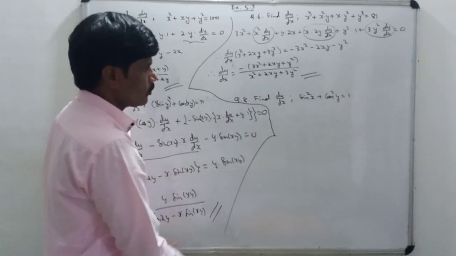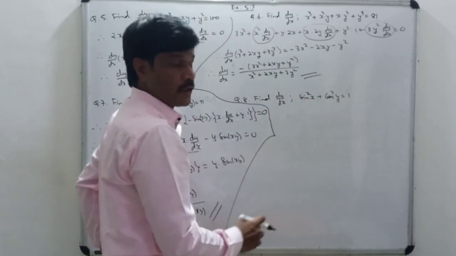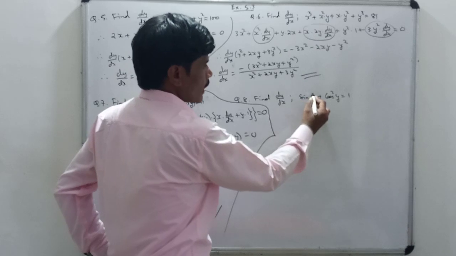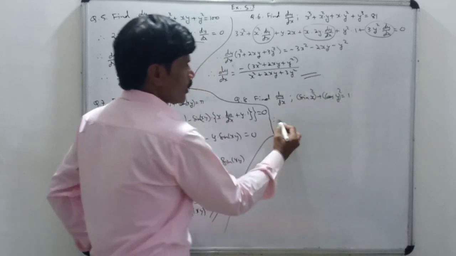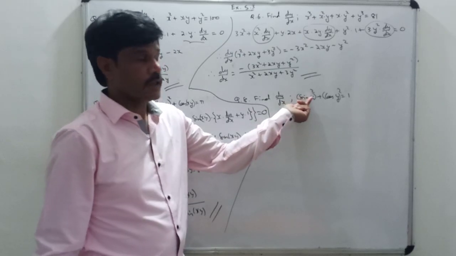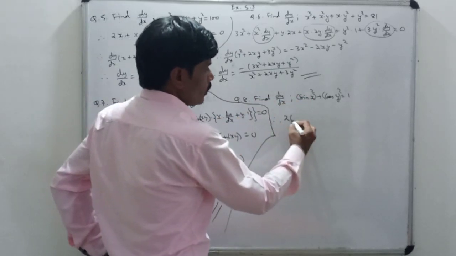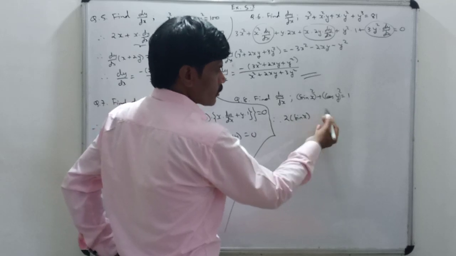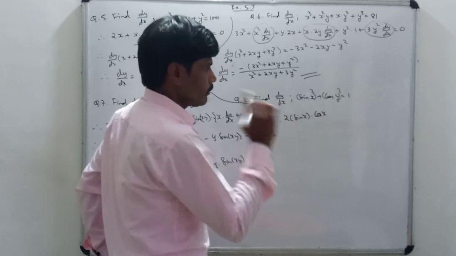Now coming to next question number 8, sin square x plus cos square y is equal to 1. Okay, sin square x I can write what? Sin x the whole square. Cos square y, I can write what? Cos y the whole square. Okay, so this is in the form of fx raised to n. What is the derivative of x raised to n? N into fx raised to n minus 1 into f dash x. So this will be 2 into sin x raised to 2 minus 1, that is 1, into derivative of sin x, that is cos x. With respect to x, dx by dx will be 1.